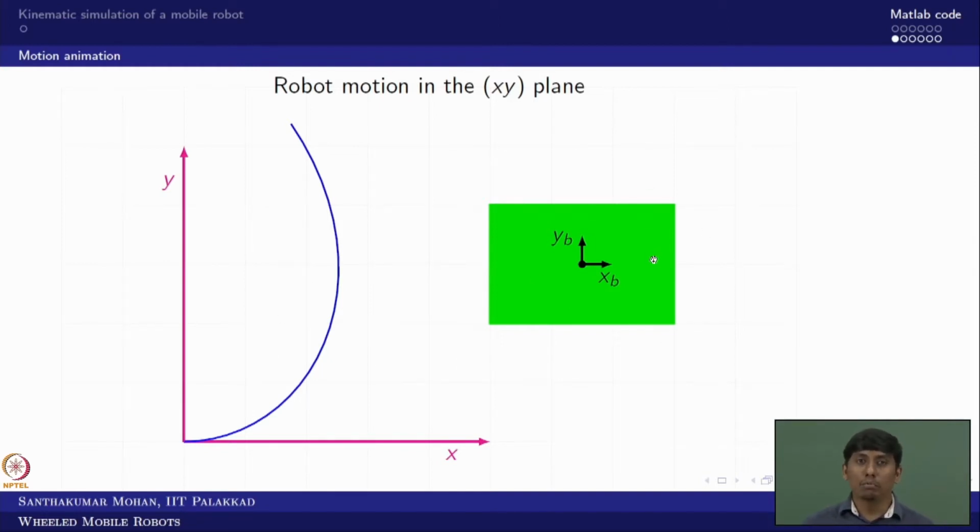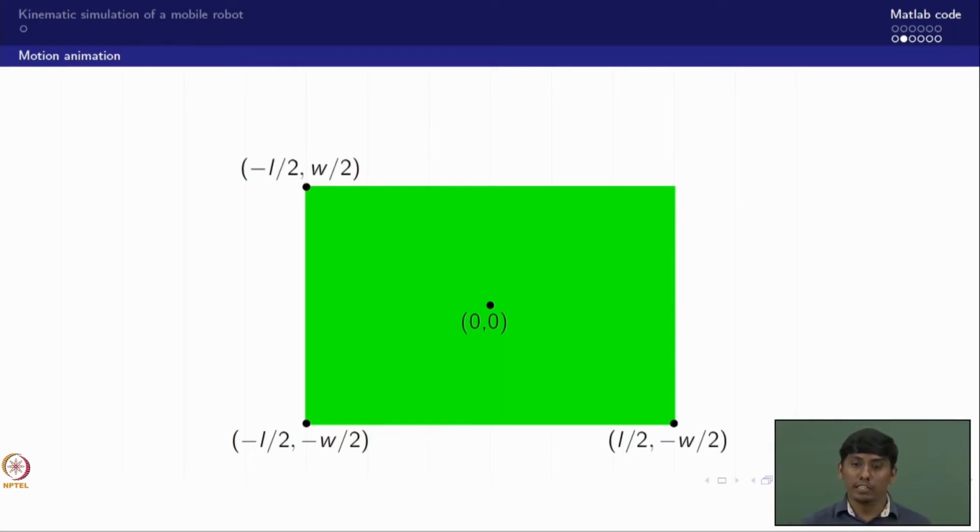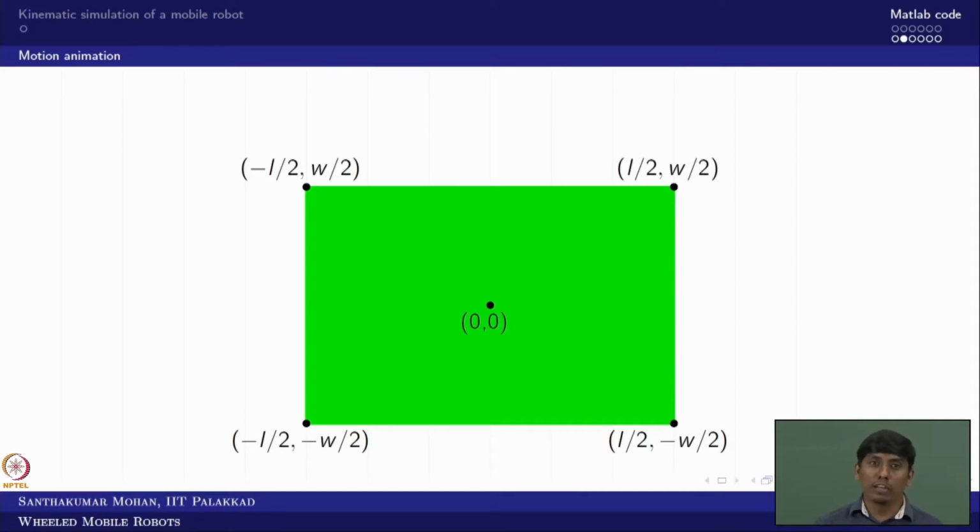So one should know the coordinates of these points. I take as general the B point, the body frame, as the origin. If the vehicle length is L and the vehicle width is W, I can bring the coordinates of these four corners in this form. This is very simple.